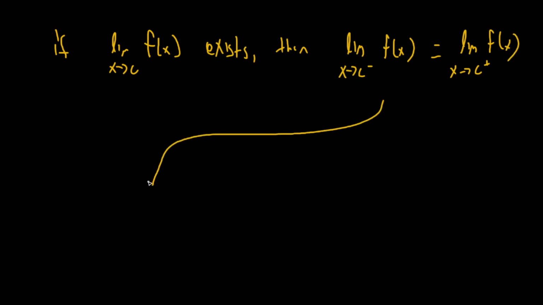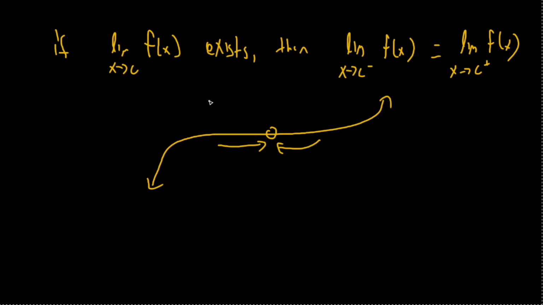So whenever I'm given a graph, and let's say there's a discontinuity here, I have to make sure that my left hand and right side both approach the same number. Let's just